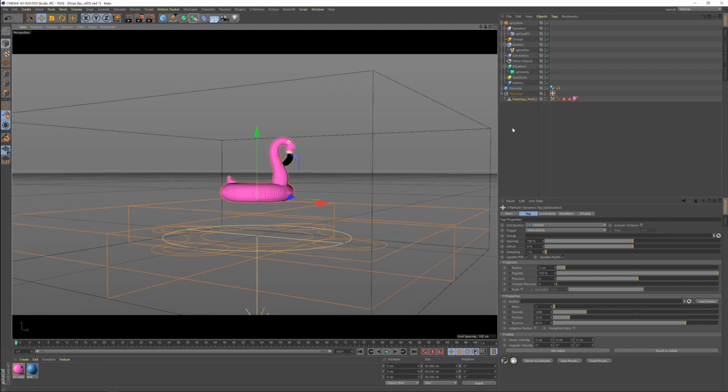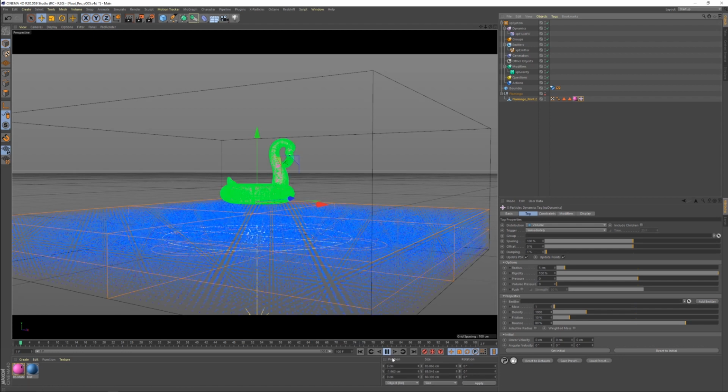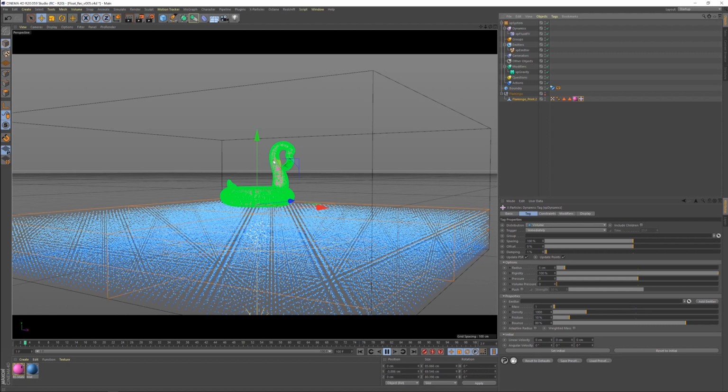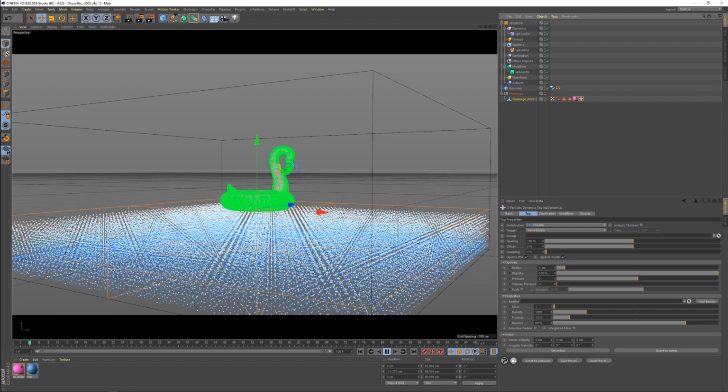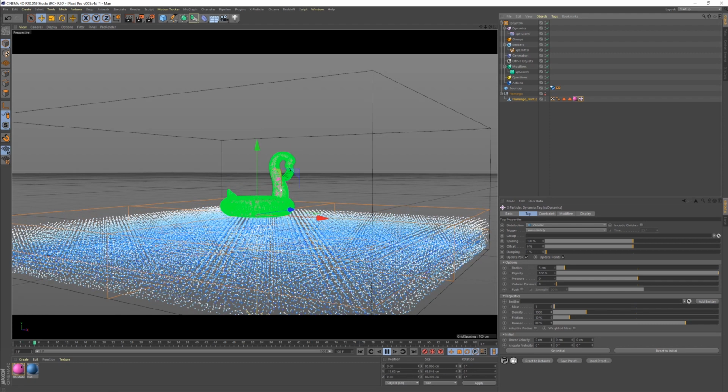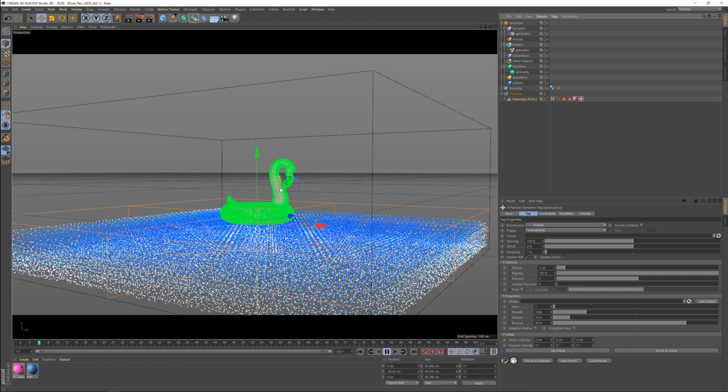Okay. Nothing happened because we were on here. I had the tag on the null object, but it actually needs to be on the geometry itself. So let's hit play, and you see I hit play, and it's calculating. What it did is it placed the particles for the volume inside of this object. So quite a slow